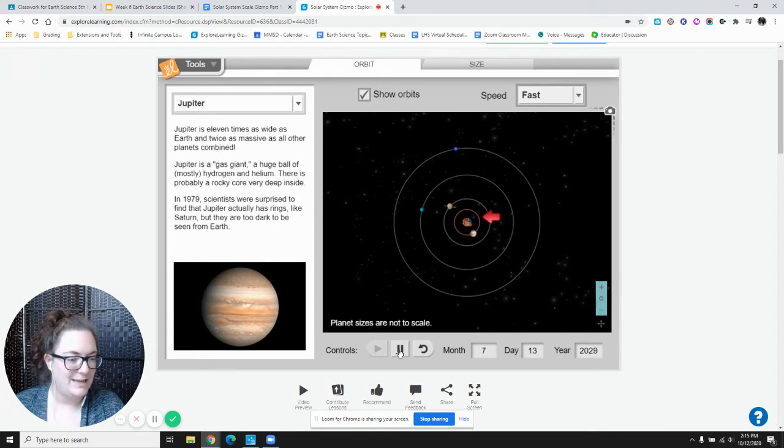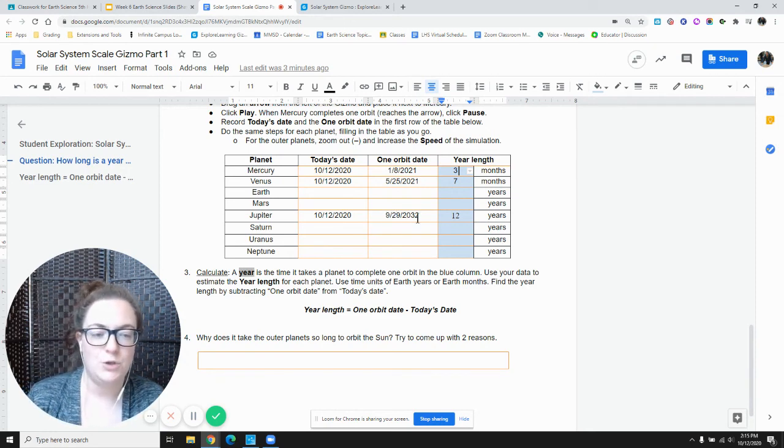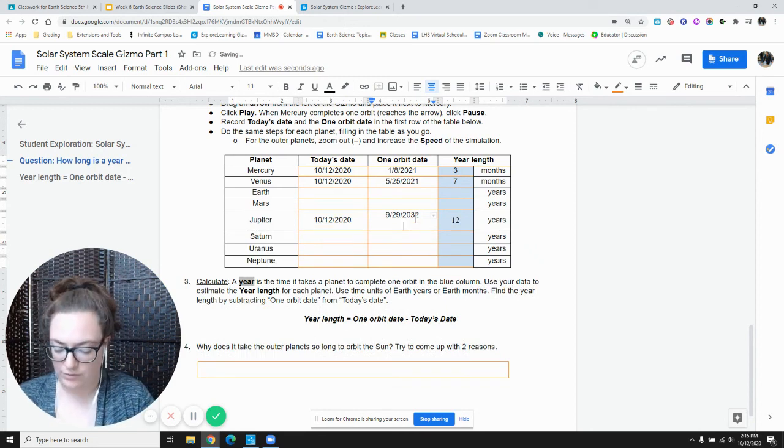2026, 27, 28, and pause. Okay, it is now, it says 8/13/2032. So when I did this before, I got 9/29/2032, but 8/13/2032 could also work. And so as you can see, it takes 12 of our years for Jupiter to orbit